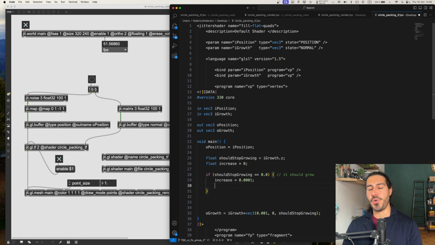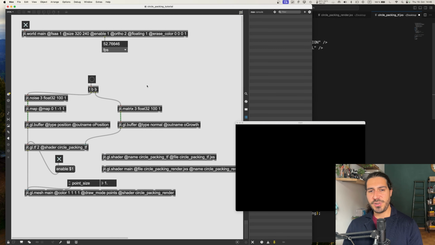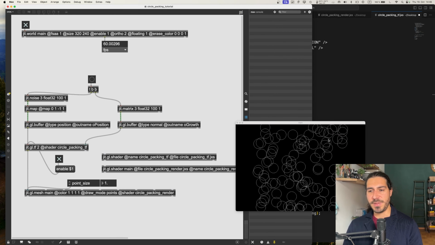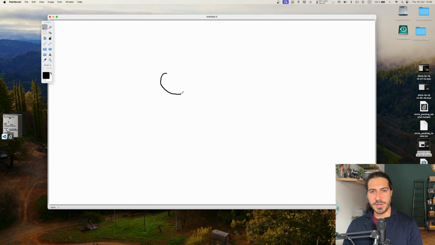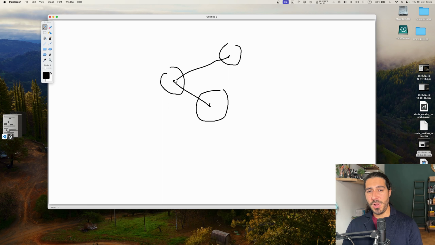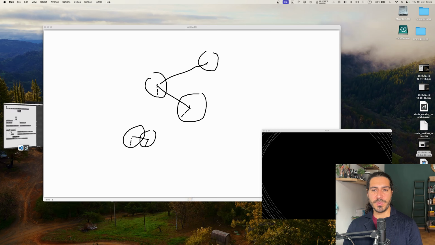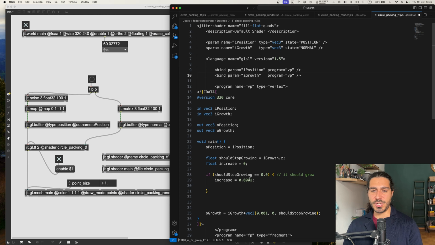And then what we want to do is to loop over all the circles in the buffer, so all the vertices of the mesh, and see what their radius is. So let's make a little drawing. This is our circle, and these are the other circles. If the distance between those two circles is smaller than the two radiuses of these circles, it means that they're actually overlapping, and this we don't want, so we will say, okay, then just stop growing, and